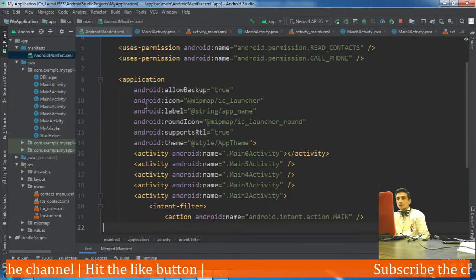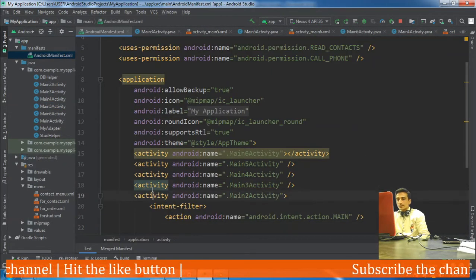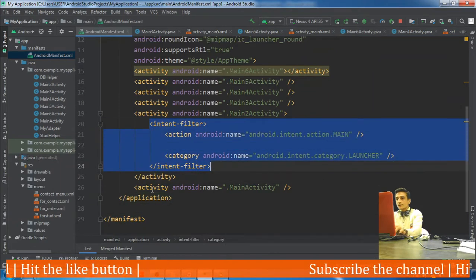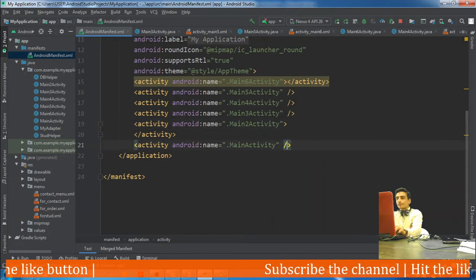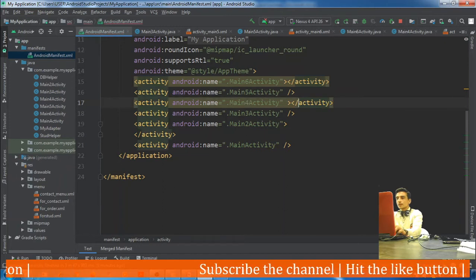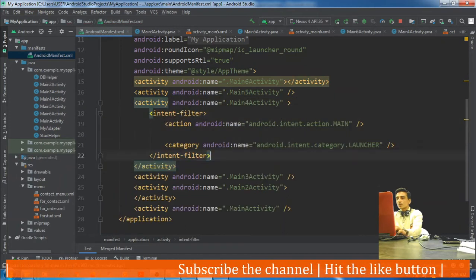After doing this much, let's move to the manifest file so that we can set this activity as launcher. In this case activity number 4 is our launcher activity. Where is it? Yeah, here. Activity 4 is launcher.